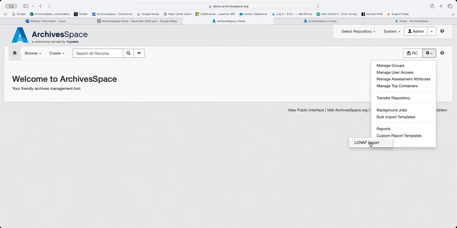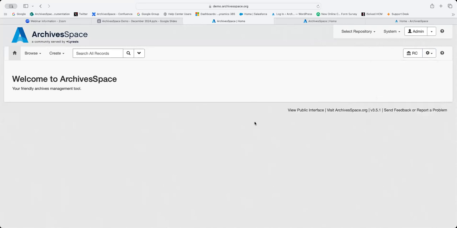But there are many, many, many other community-generated plugins and resources that you can find online and on our website that sort of amplify and do a lot more within ArchivesSpace. So they're great tools and great add-ons if there are things that you see that you want to do within ArchivesSpace that the application itself doesn't do. But there are a lot of considerations when using plugins, so I don't want to lean too heavy on those.